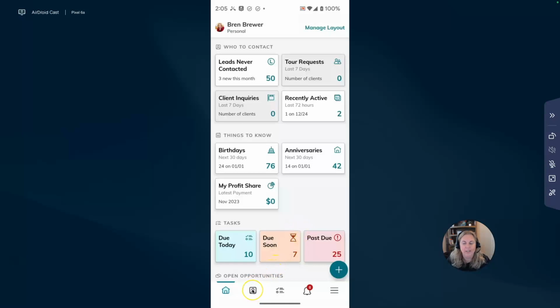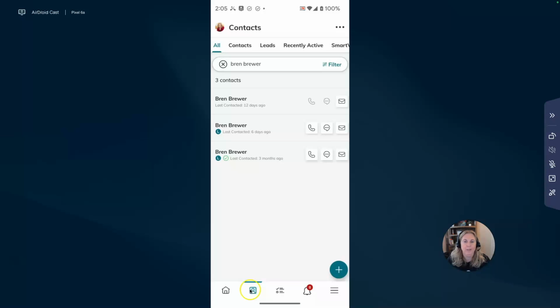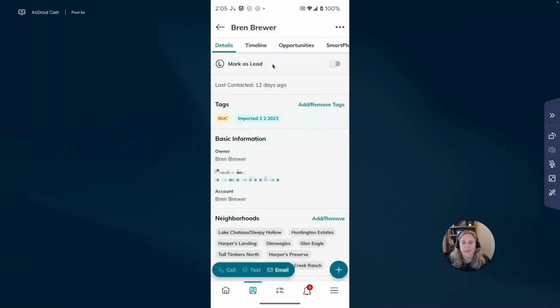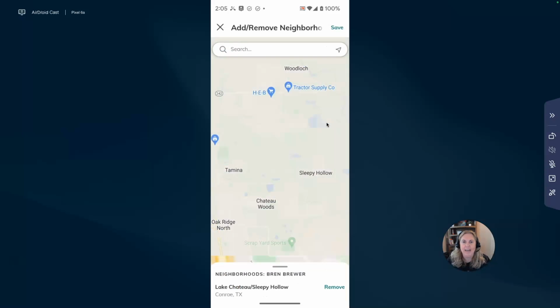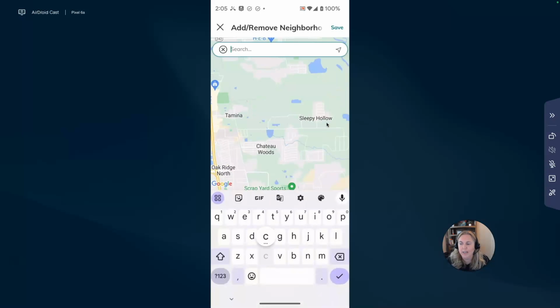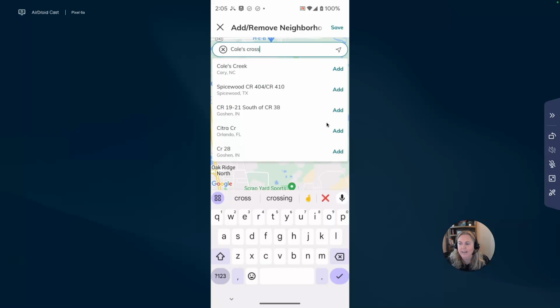So we're just going to click on contacts down here at the bottom left. You're going to search for the contact you want to add a neighborhood to. You're going to go into that contact record here, and then you're going to scroll down to where it says neighborhoods. You're going to click this add or remove button here, and you can add a neighborhood to their contact record. So I'm just going to type in the neighborhood I want to add. And there it is. I'm going to just click on this add button here, and that's going to add to